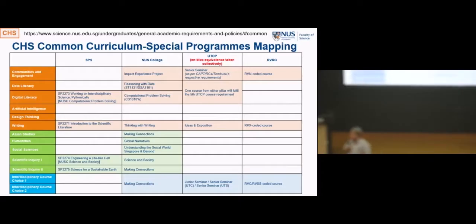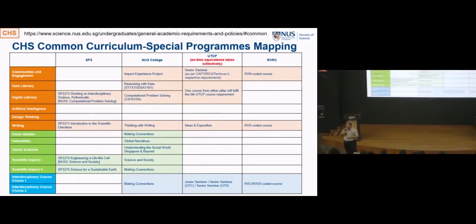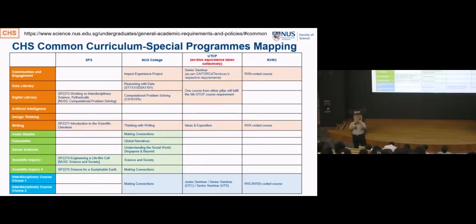Do you know you can? Do you know you can, even though you are admitted to science and CHS now? And if you wanted to do that, you will be taking a CHS common curriculum, but there are what we call mapping between the CHS and the CDE.